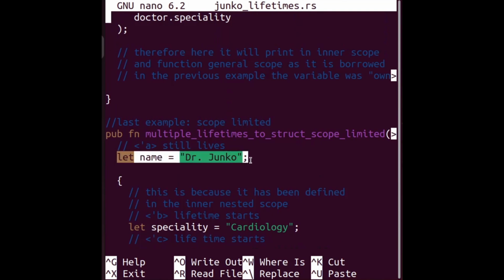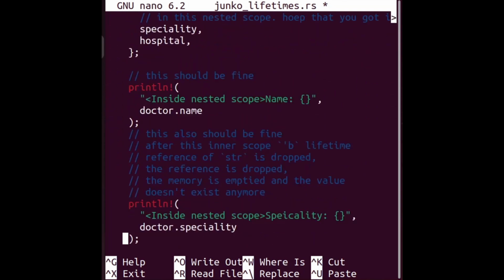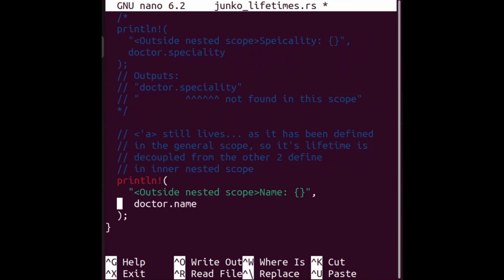So the name here, you didn't guess right. Name is available, but, okay, this is doctor name. Doctor name is not available